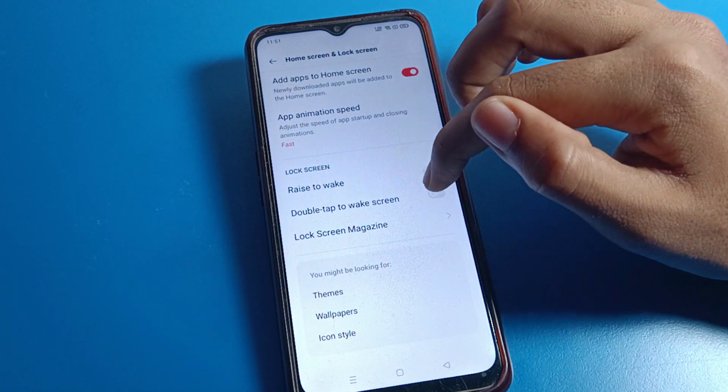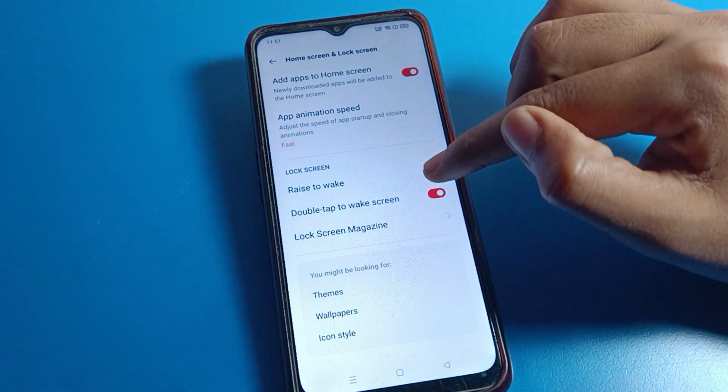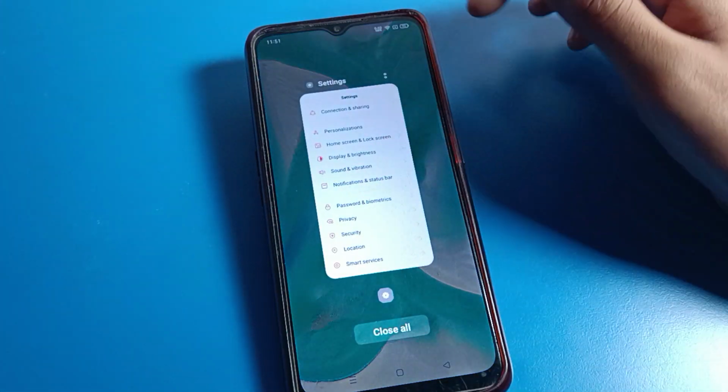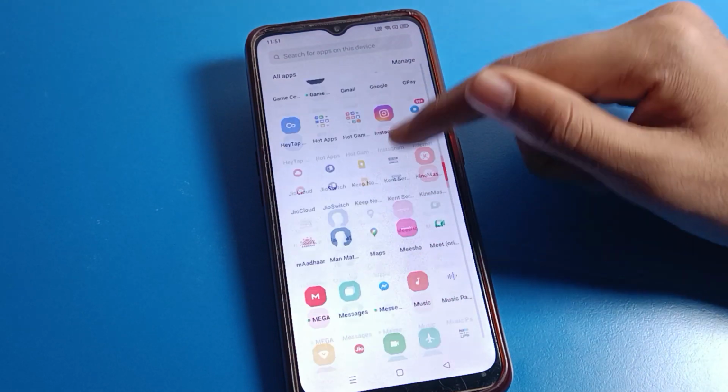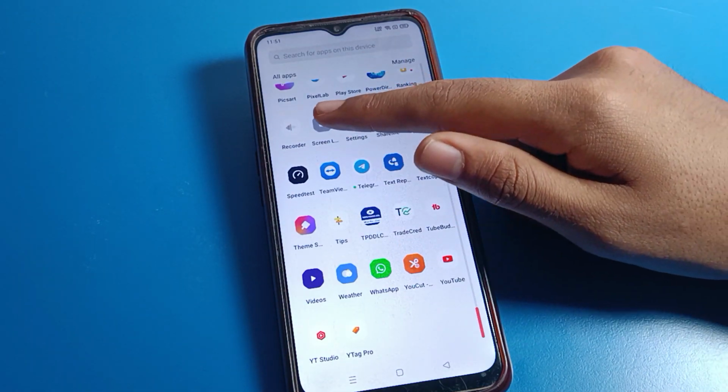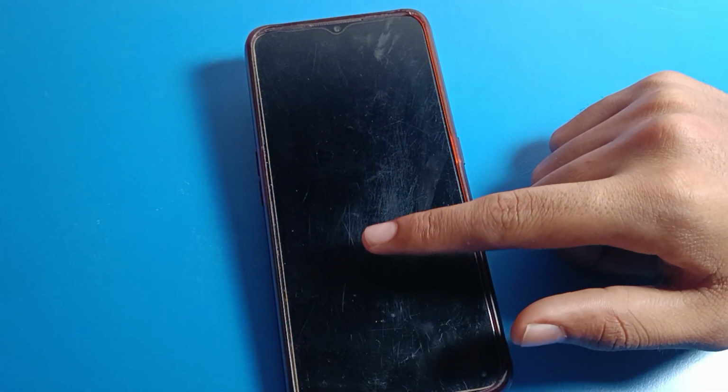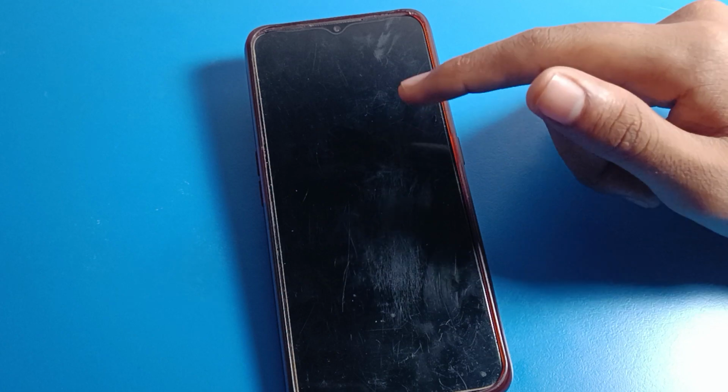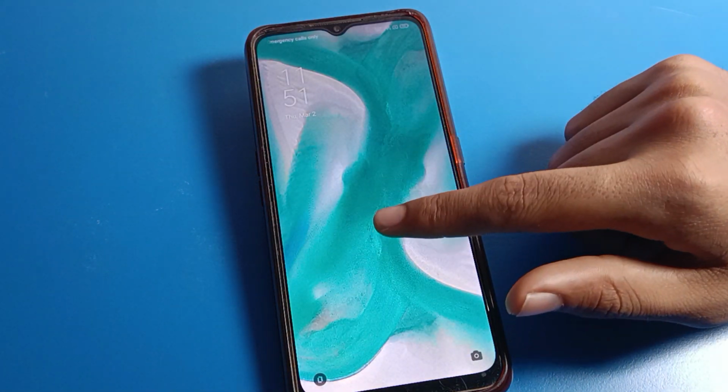Friends, click on double tap to wake screen, and turn on double tap to wake screen. And now we will lock our screen. So without clicking the button, friends, you can lock your screen. And now you want to unlock your screen, you want to turn on your screen without clicking any button on your device. Friends, double tap on your screen and your phone screen will turn on automatically, and double tap to